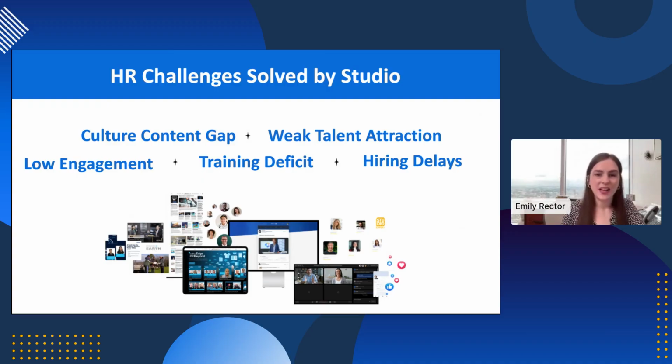And the next challenge I have here is hiring delays. Something that I have struggled with in the past is all of the time that you have to dedicate to hiring and recruiting. Studio has a unique way of helping out with that, and we'll go over it more in a few slides from now, but being able to use Studio to screen employees. I used to be on the phone all of the time with potential candidates, and now I can send them a link to request a video in Studio where they can upload or record directly within Studio, telling us more about themselves.